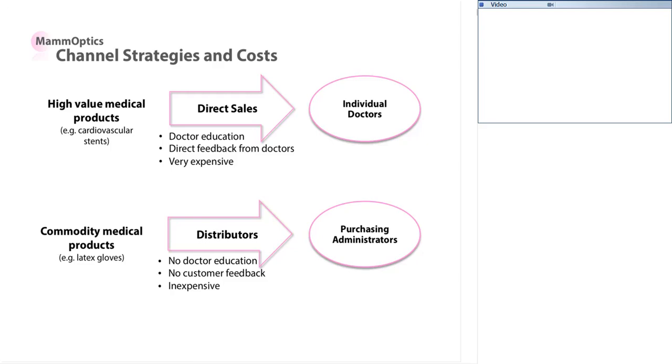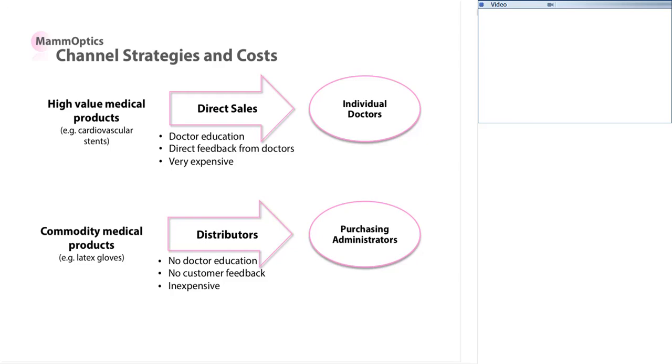The other thing you'll notice here on the right is that the customers are different. A lot of times in medicine, people think they're selling to doctors. Most often they are not selling to individual doctors. If you're in the medical field, you may actually be selling to purchasing administrators. You may be doing a complicated sale to reimbursement directors and people in those kinds of positions who really drive the economics of the hospital, not the individual doctors. So again, get out there, meet with customers, meet with experts, diagram your channel, understand what the different avenues are that you can use to get your product into the hands of customers, and